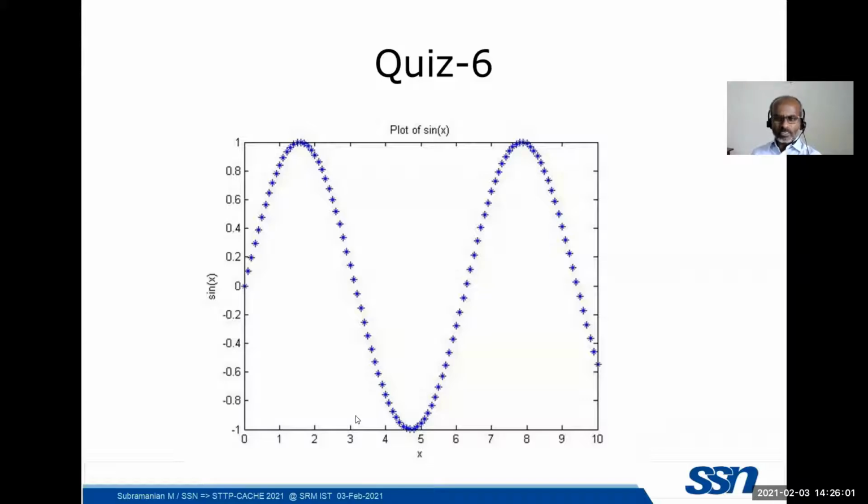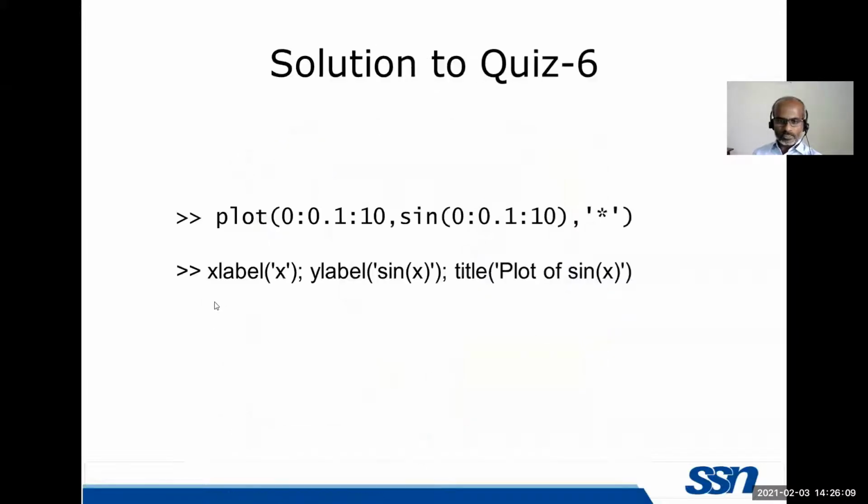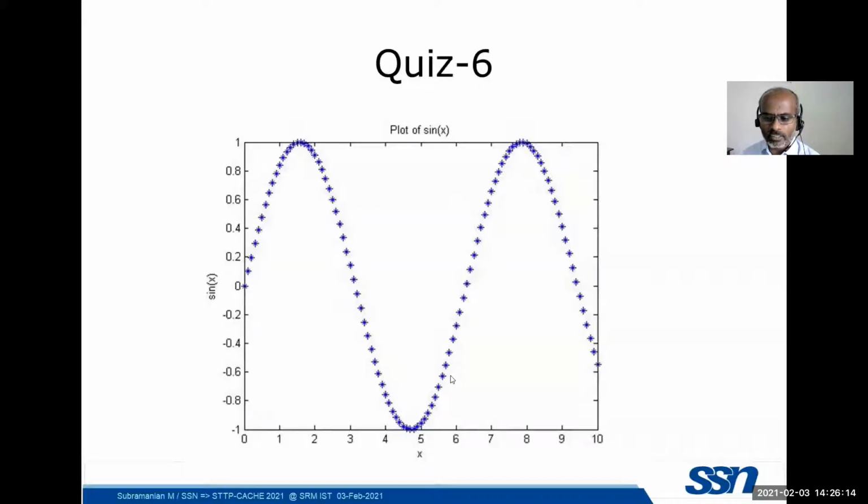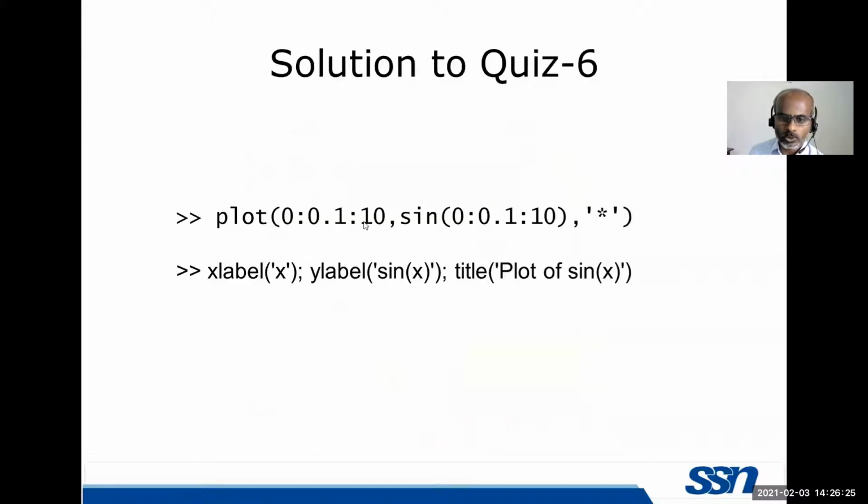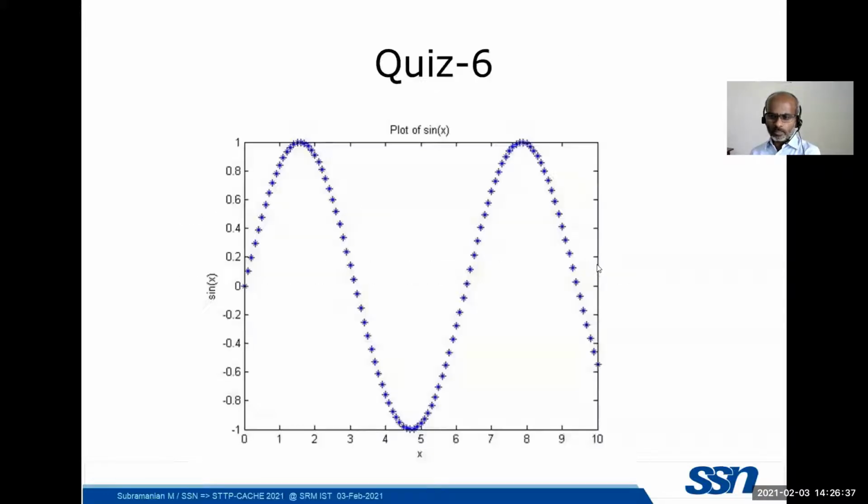The contents are simpler. I'll go to that because we don't have much time and we need to see some more interesting aspects. So what we are doing is plot 0 to 10, the x-axis from 0 to 10. I suppose every point has a 0.1 increment. So 0 to 10 with an increment of 0.1, that is for x data. And y is sine of that, sine of 0 to 10 with an increment of 0.1. And points are marked by a star.